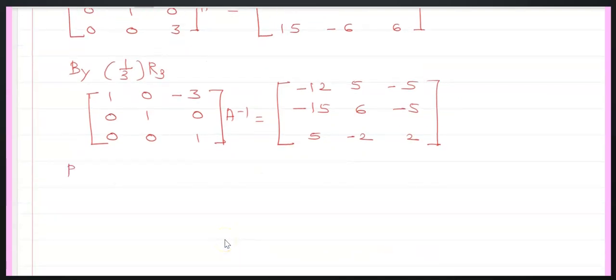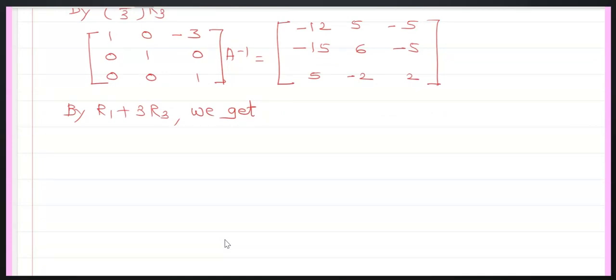Last operation is R1 plus 3 times R3, we get the identity matrix. A inverse is equal to